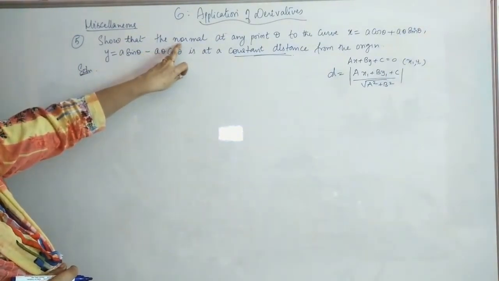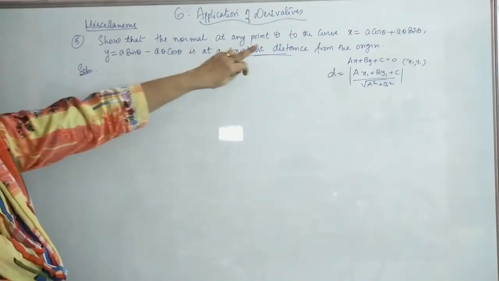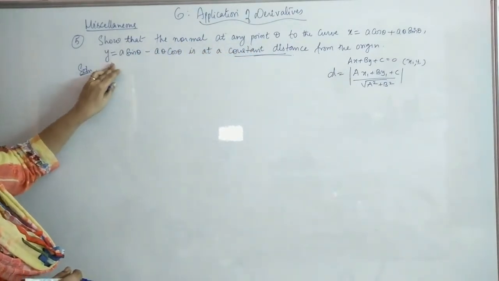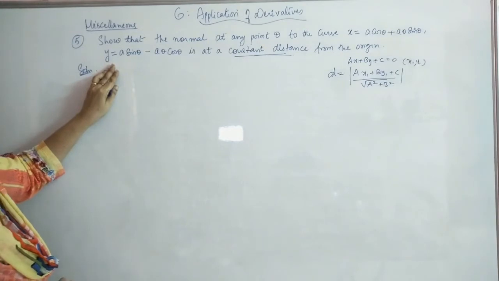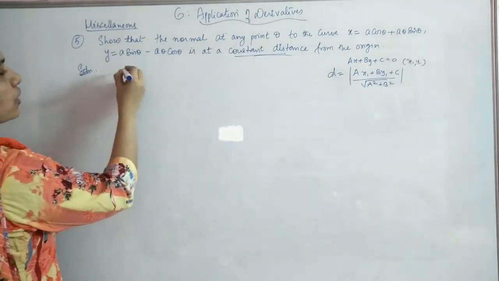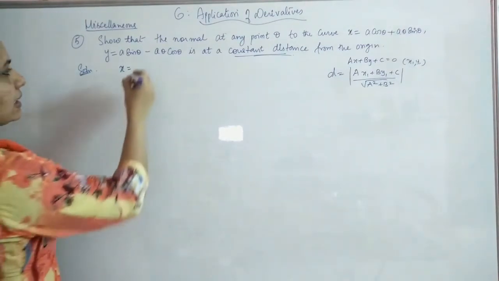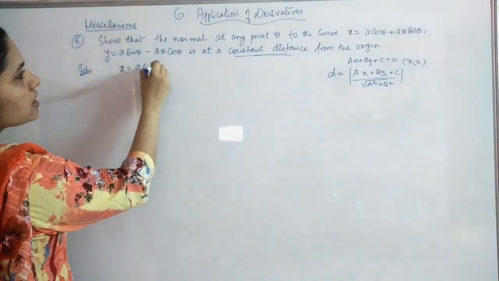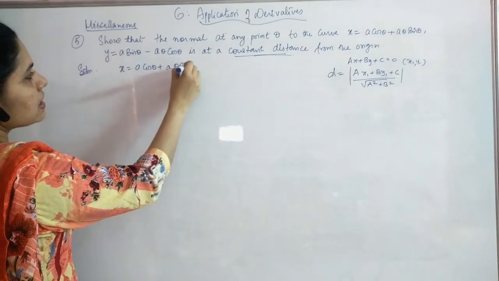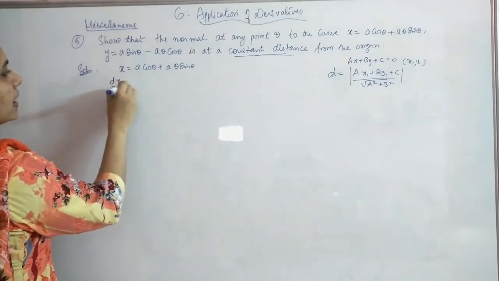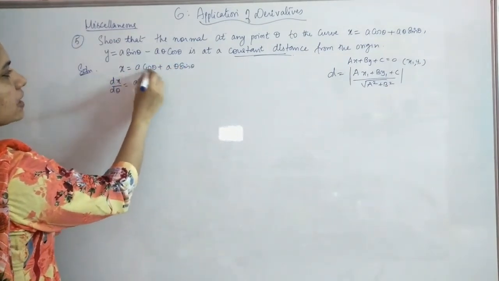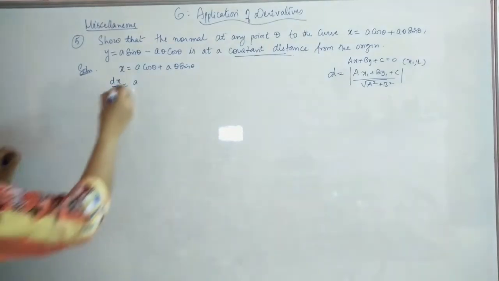For that, what do we need? dy by dx. Here x and y are given in parametric form, so first we will find dx by d theta and dy by d theta. X is equal to a cos theta plus a theta sin theta. So dx by d theta is equal to a into the derivative of cos theta, minus sin theta,